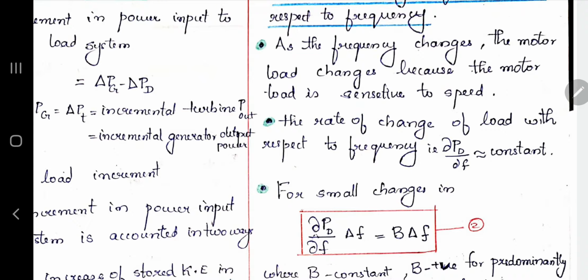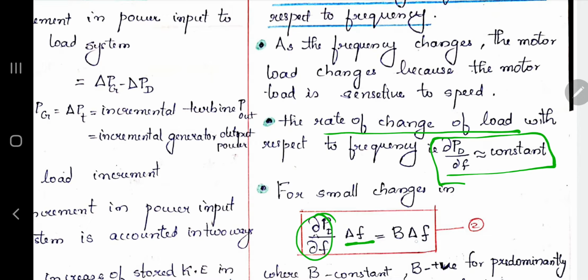So we can take the rate of change of load with respect to frequency as almost a constant. It is almost changing linearly. So ∂PD/∂F can be considered as a constant. And for small changes, we can represent this as ∂PD/∂F into ΔF, which is equal to, since this is a constant, we can represent it